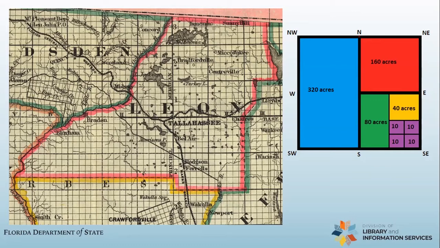Now, we've long since stopped dividing things into these very predictable amounts. But this is why when you're looking through all those federal land patents and state land patents and deeds from back in the 1800s, all your ancestors have the same amount of land. They've got 40 acres or 80 acres or 320 acres. It's always the same number.